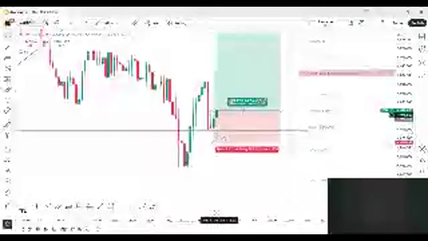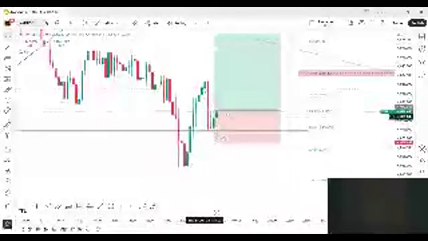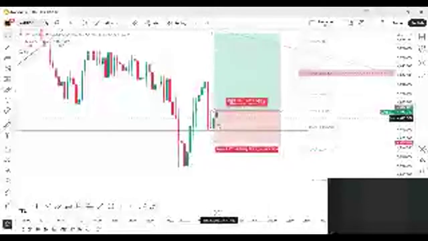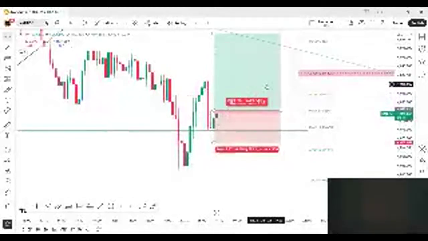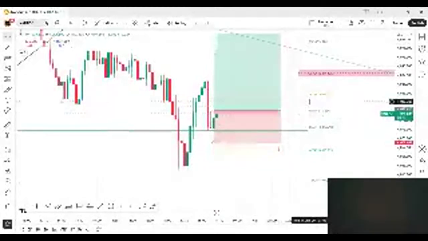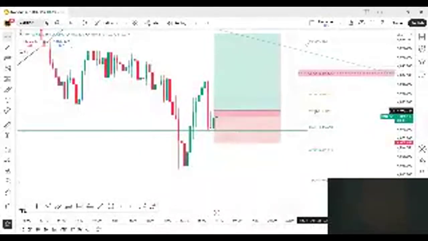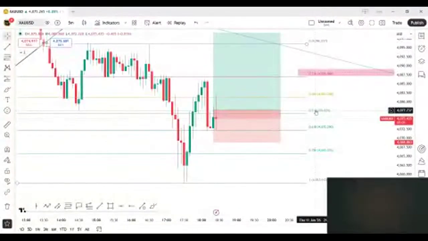The reason is clear about the structure, because the market came to this area, the retracement area, and the market respected that zone area, like 4072, and is trying to push itself towards the upside. So that's why we are into the buy. At the moment we have the PPI news as well after 1 minute, so I think that will make the market a little bit more aggressive. Your stop loss will be 4068.